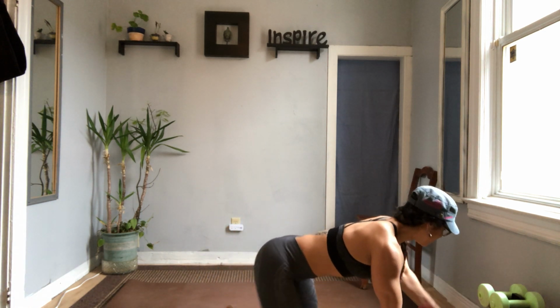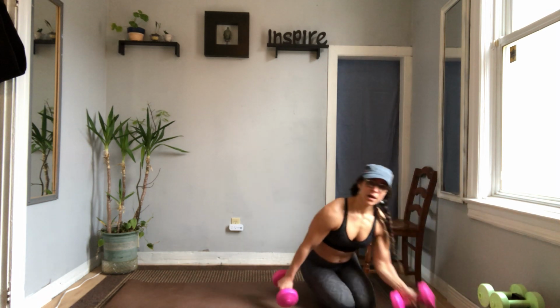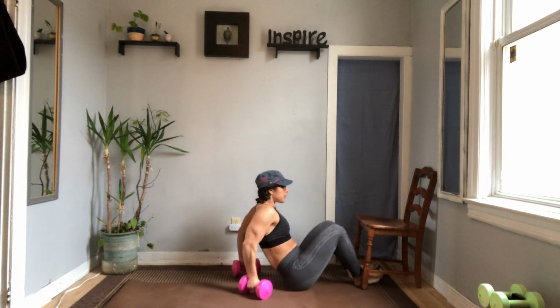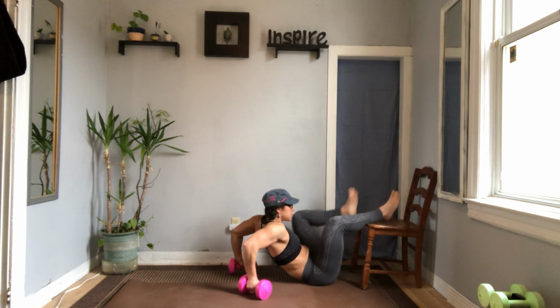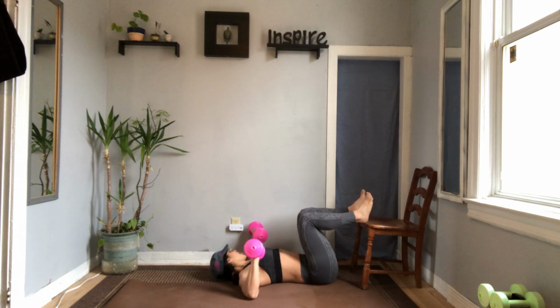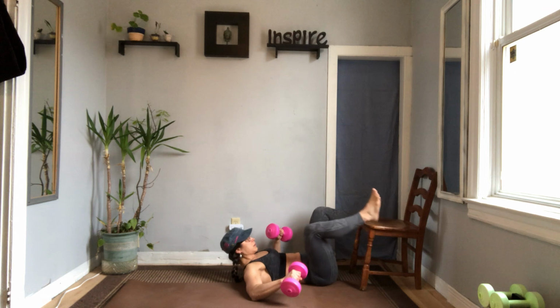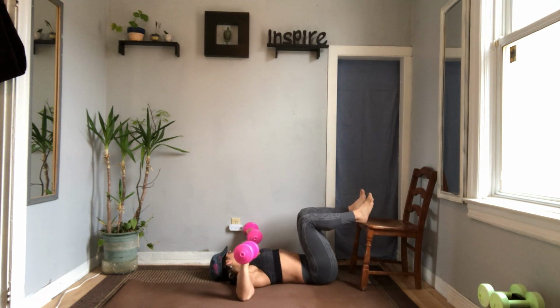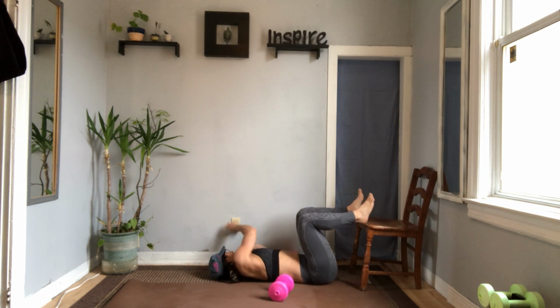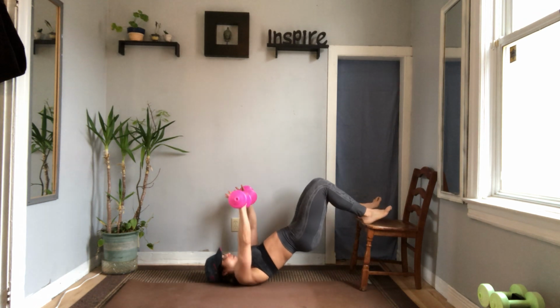Come back to your chair so that you're on the floor in front of your chair and your feet are again on the edge of the chair. The elbows are to the height of the shoulders. As we inhale, the hips lift and the arms straighten for 10,